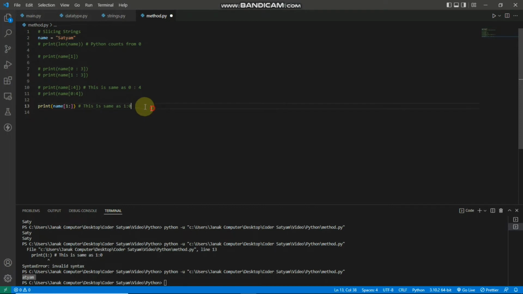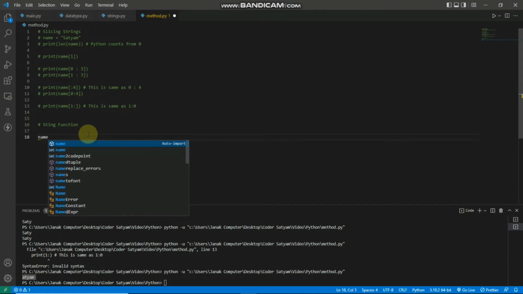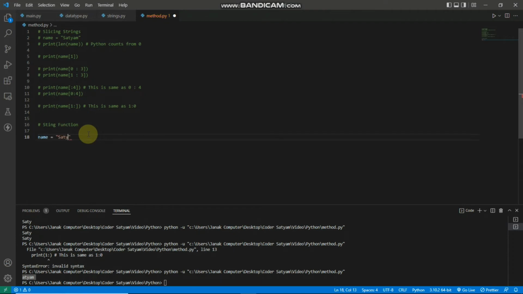So guys, now we're going to talk about some string functions. Here I'm going to comment this: string functions. First of all, I'm going to comment all of these. Now let's talk about string functions. So here I'm going to type name equal to Satyam